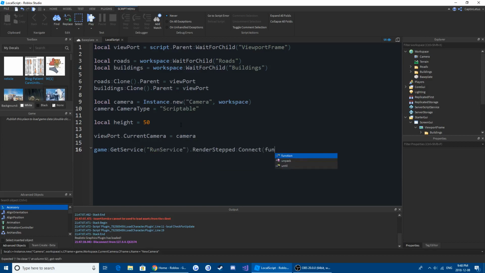I'll explain this in a sec. So basically, this will fire every single frame. A frame refreshes at like 60 frames per second. You guys hear that term sometimes, right? 55 frames per second, whatever. So every frame, this function will run, and we want our camera to move every frame so it stays above